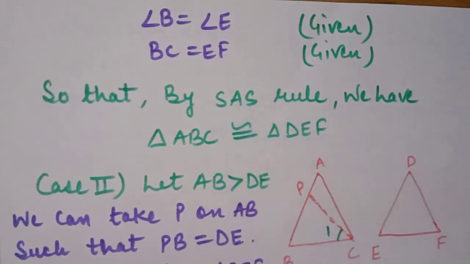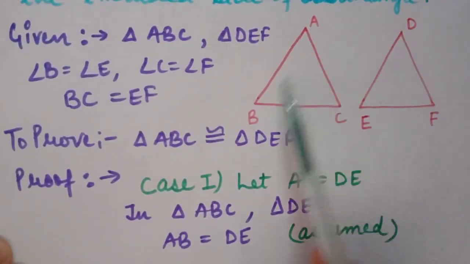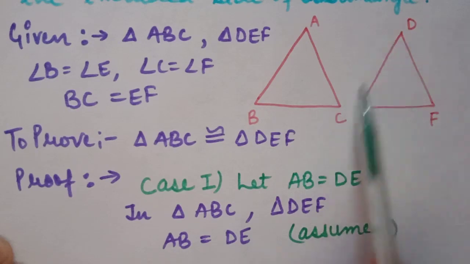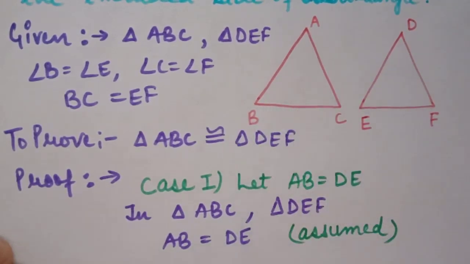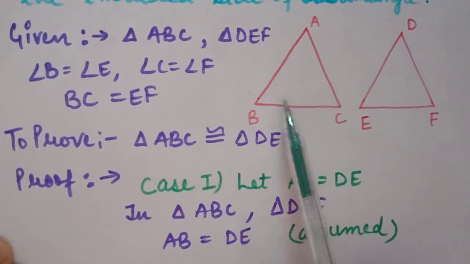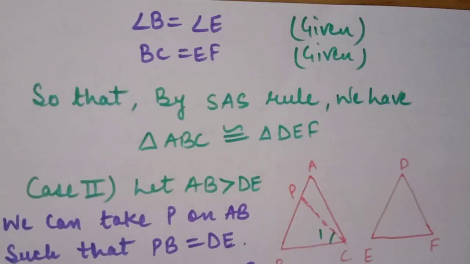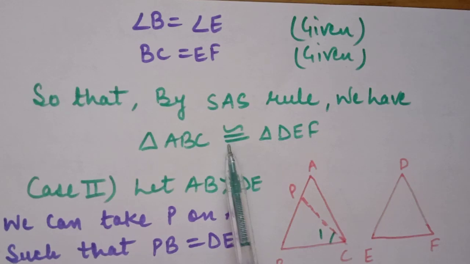If you have any doubt, then let me check from your diagram. In this diagram, AB, DE, BC, EF and angle B and angle E. We took these 3 elements. So SAS. We always check our rule from one triangle. We took this, this and this. So SAS. So definitely we are going correctly. By SAS rule, both triangles are congruent.